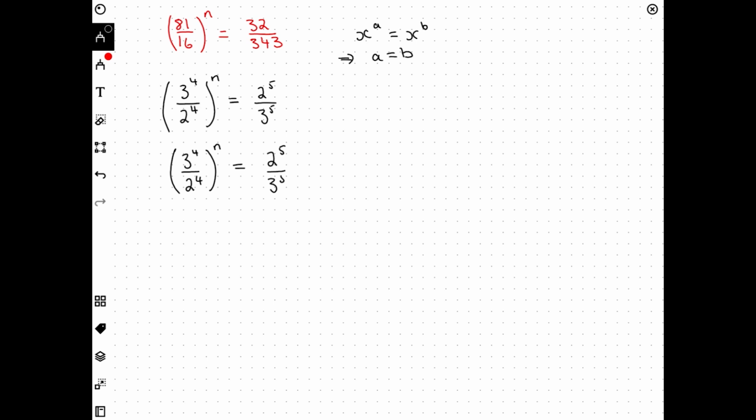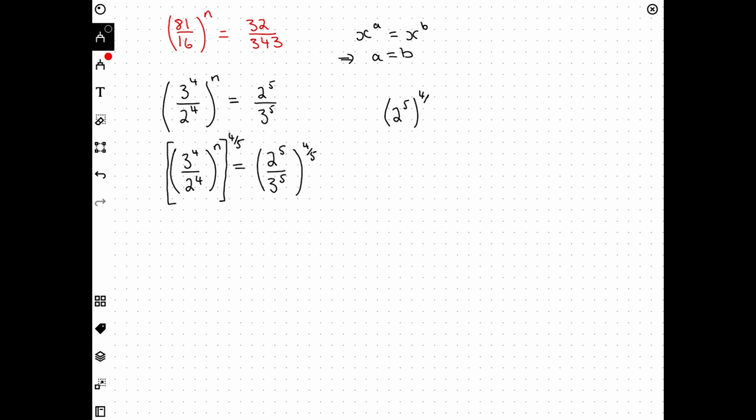So I'm going to raise the power of the right-hand side to 4 over 5, and I'm going to do the same to the left-hand side here. Notice I chose 4 over 5 because I know that